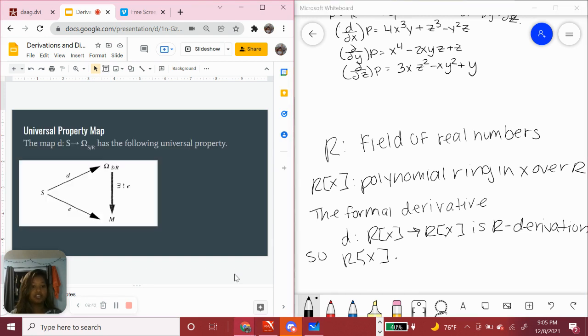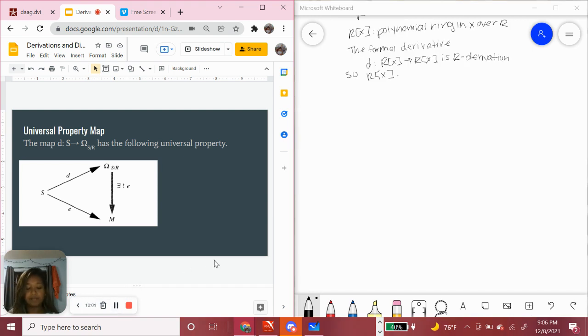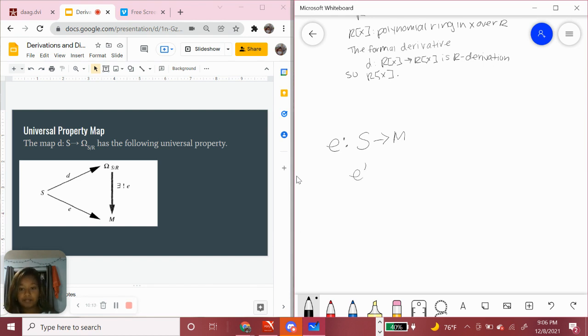Now, let's see our universal property map. So the universal property map follows from the map D, mapping S to omega S over R. So given any S module M and an R linear derivation, we're going to just call it E, mapping S to M, there's a unique linear homomorphism, E prime, which maps omega S over R to M, such that E equals E prime of D. Again, since going from S to M is the same as going from S to omega S over R to M, we're going to say E prime is defined by the formula